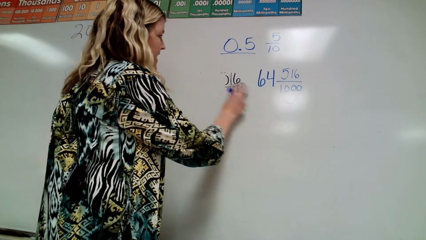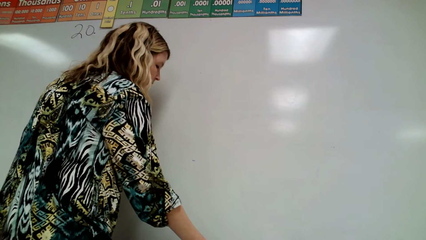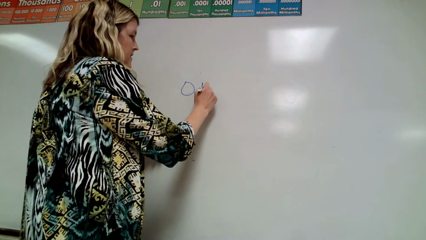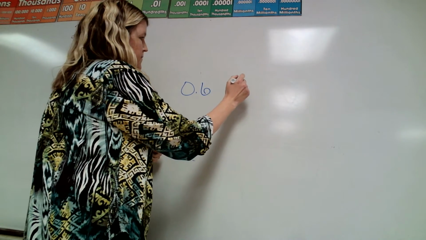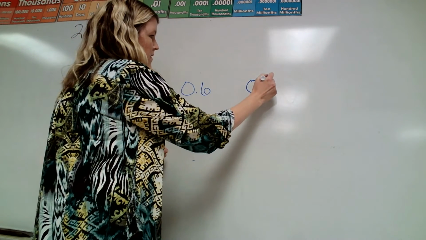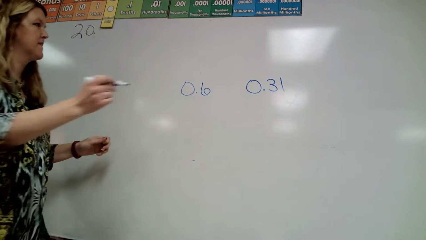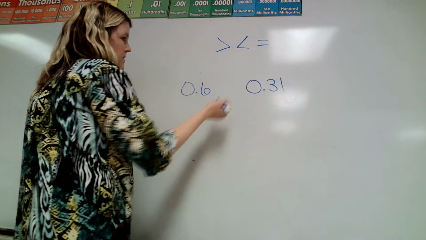So let's say that I had 6 tenths, and I want to compare that to 31 hundredths. So when I'm comparing this, if I'm thinking about whether it's greater than, less than, or equal to,